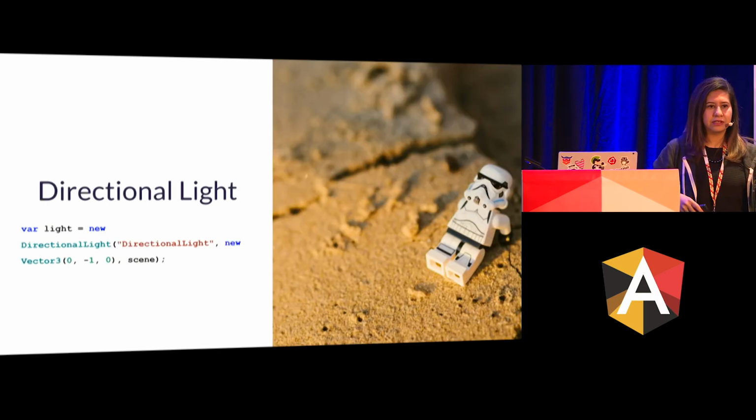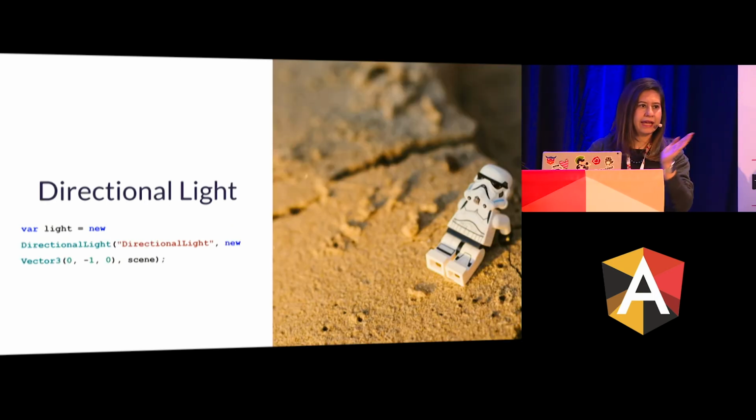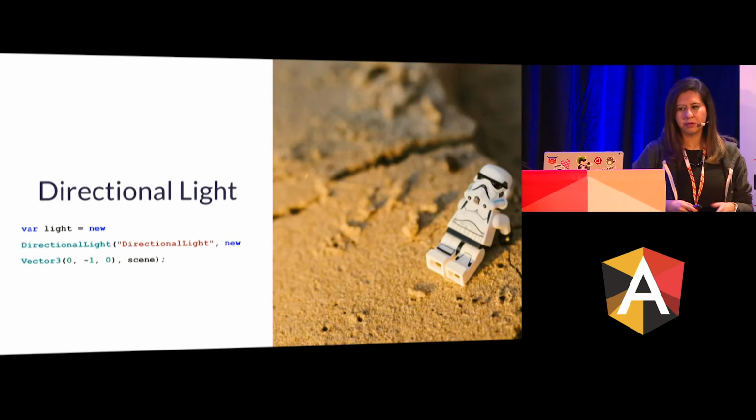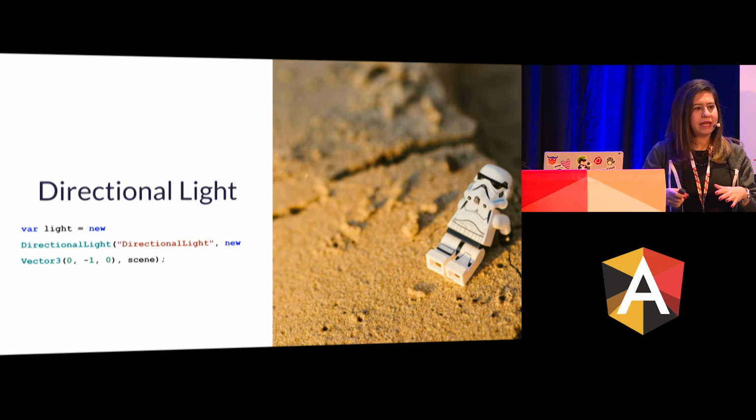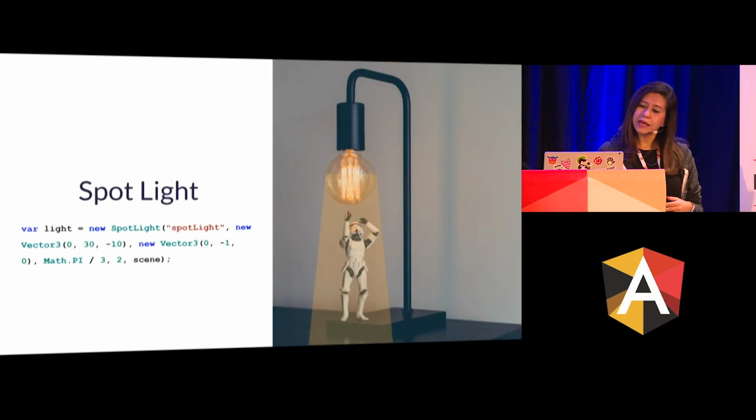And directional light is also when you want to have an angle from the point that you want to lighten up. So of course, this also has a name, and then the position that the angle will start, and then which scene to lighten up. Spotlight, judging by the name, has a name, and then you say from which point to start, how wide it needs to be, and where it needs to end. So in order to do that, you use the spotlight.